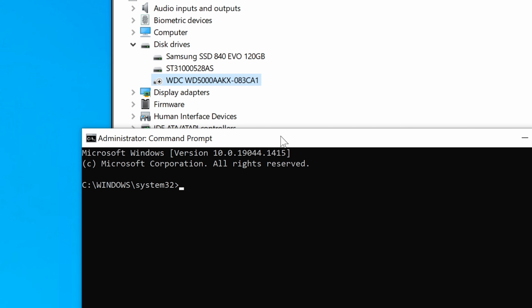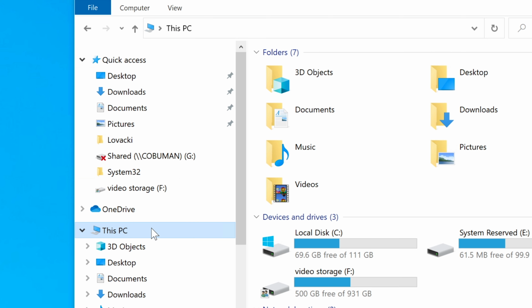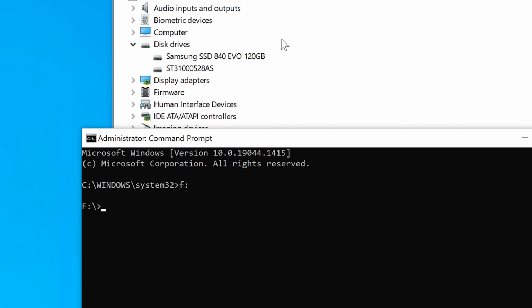I really wanted to show you, because I have disk drives, let's see here. I think I have disk drive E. Which drives do I have? So I have C, E, and F. Let's just do F, which is not part of the operating system. So if I navigate to F, and then I type in, well, I'm going to show you both. It looks like it maybe did actually install or re-enable the other one, but we'll see. So if I do it on F,